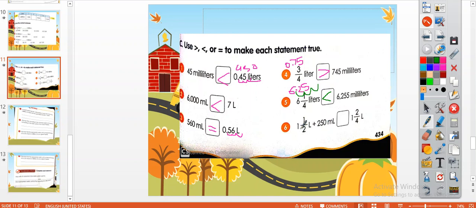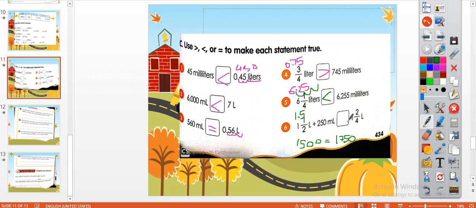Well, 2.5 and 250. Well, 1.5. They think that it is hard. No, it is not. 1.5 is 1.5. I will convert it into milliliters. It will be 1,500. Then by adding it to 250, I will get 1,750